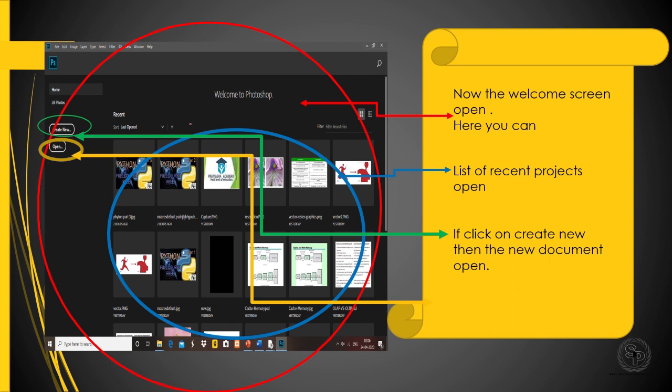When you click onto that, a new document will open. If you click onto the open button, then an existing document, a Photoshop file or image, will be opened. Okay, LR means Lightroom photos. We will consider it in our next lectures.